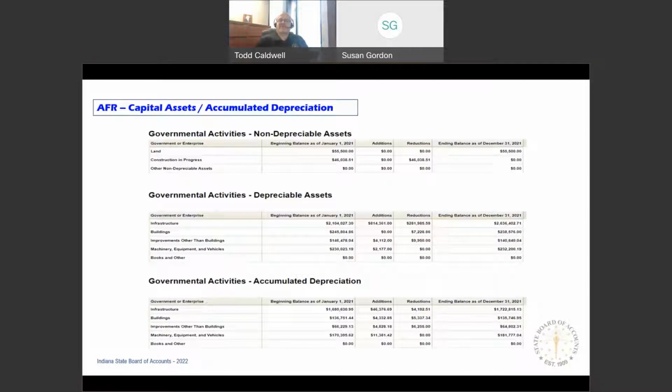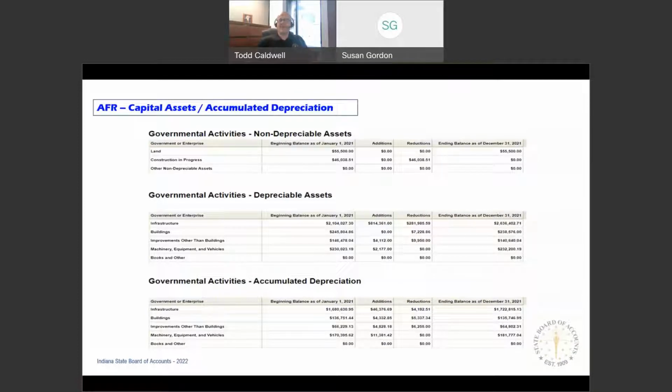Now let's take a few minutes and talk about capital assets and depreciation, because we're still getting a fair amount of questions. And so I know if we're getting a lot of questions, there are probably even more questions out there that aren't being asked. So we thought this would be a good time to go over this. As with the conduit debt, we did a lot of training over this over the past summer. Here, I want to show what this is going to look like actually in the annual report.